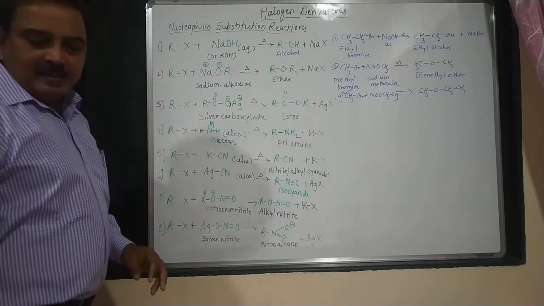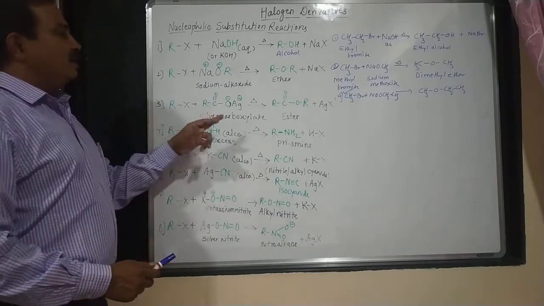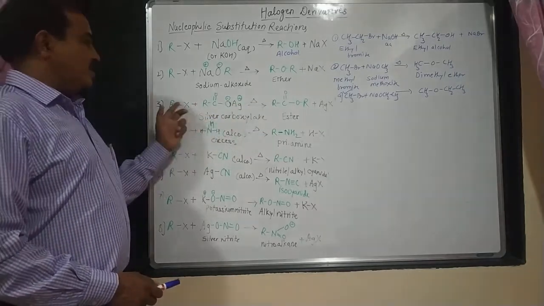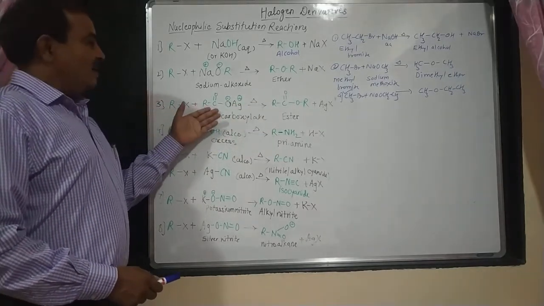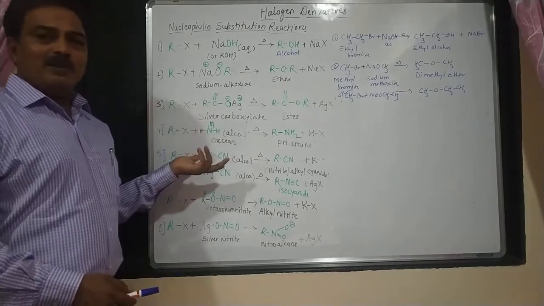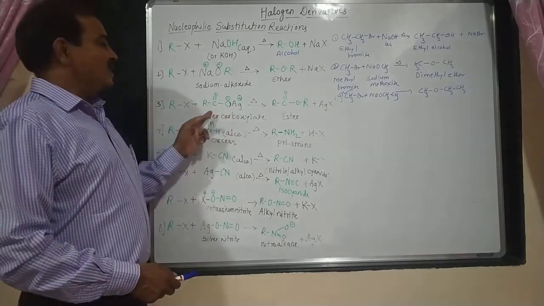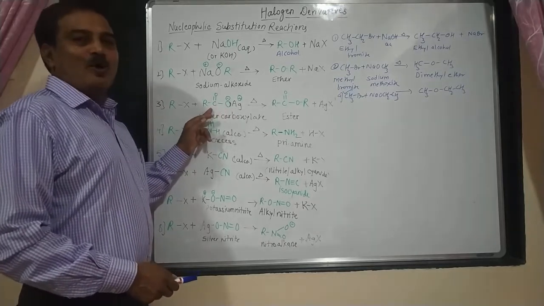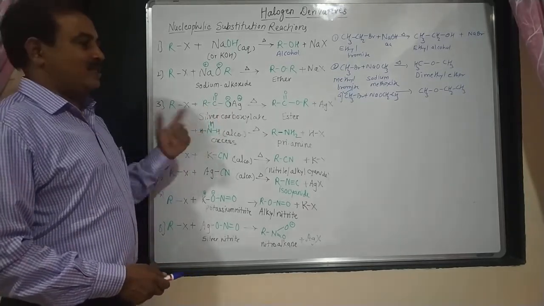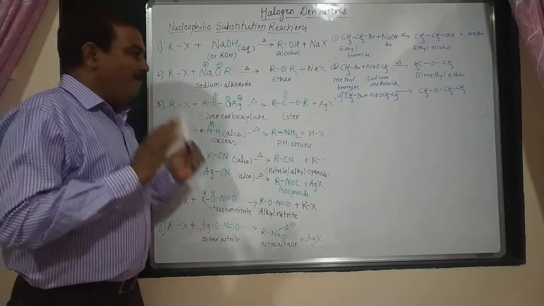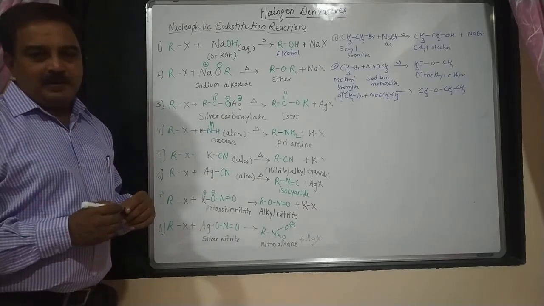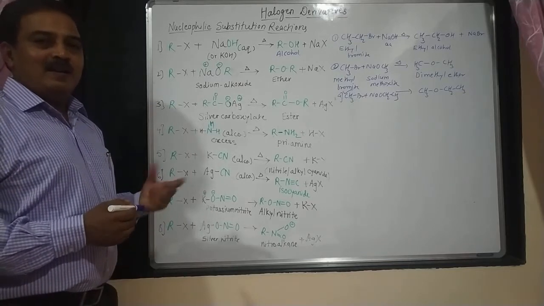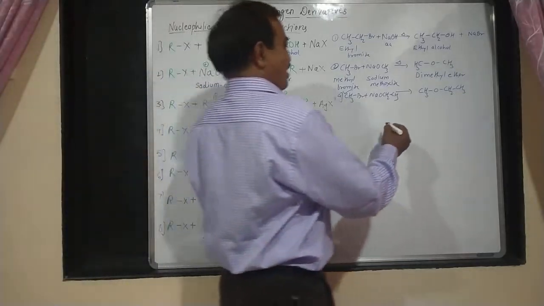Now we will move towards the third reaction, in which an ester is prepared. For preparation of an ester, the alkyl halide is fixed. And which other reagent can be applied for the preparation of esters? That is silver carboxylate, the silver salt of a carboxylic acid. Now I want to prepare methyl acetate. So immediately what will I do?